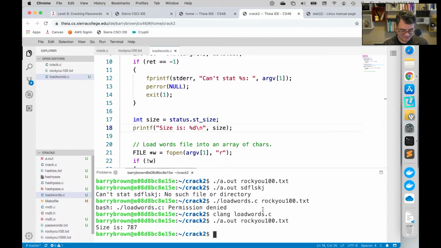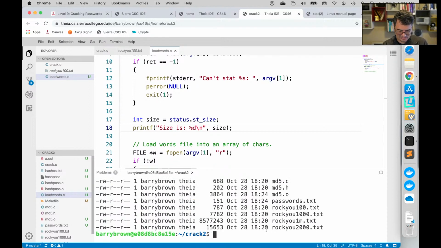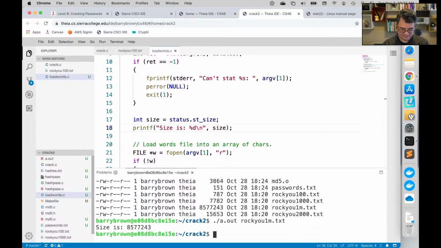Oh, that looks pretty good. Nice. Is that correct? There it is. It's 787 bytes. Let's try it with the 1 mil one. And that came back super fast. Yeah, stat doesn't even open the file. Stat just looks at directory entries information.